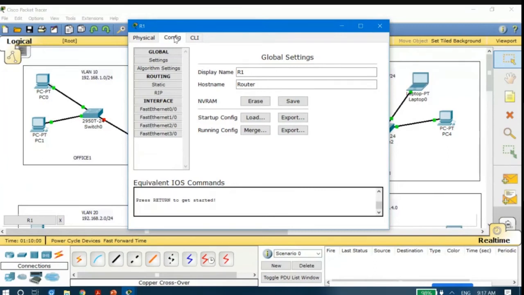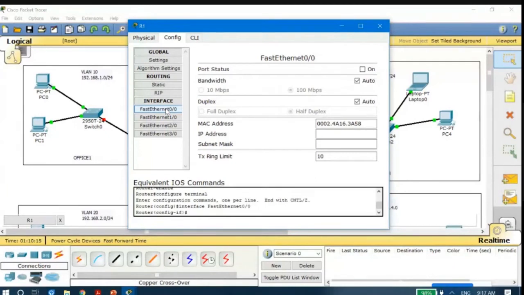As you could recall, I have connected the first network to fast Ethernet 0/0. So I will click here, fast Ethernet 0/0, and I will give the gateway address here.